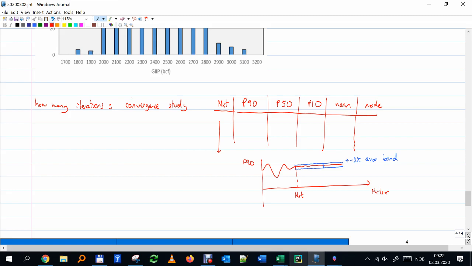There is also one equation that sometimes people use that looks a bit like that. Number of iterations is a factor times the standard deviation divided by the error, squared. That is the standard deviation, but that's assuming you already have a sample. You have already done a simulation, a Monte Carlo simulation. This factor depends on the